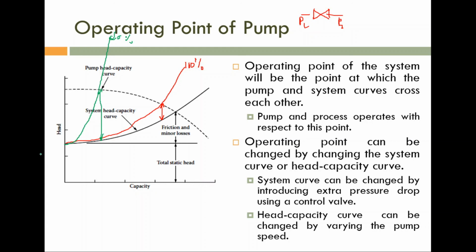So depending upon our application, either we have to change the pump curve, normally for on-off applications, or if we want a throttling application, we need to change the system curve. In the next class, we are going to discuss different controls of pumps, like on-off level control, on-off pressure application, on-off flow application, throttling application, etc. That we will discuss in the next class.